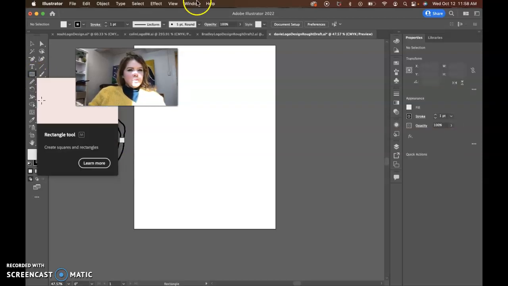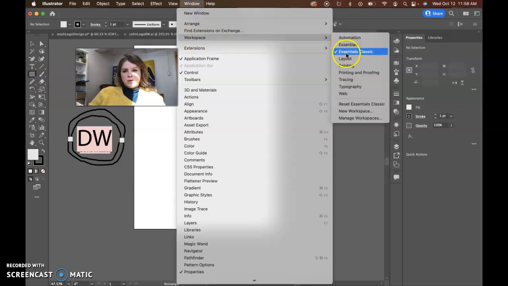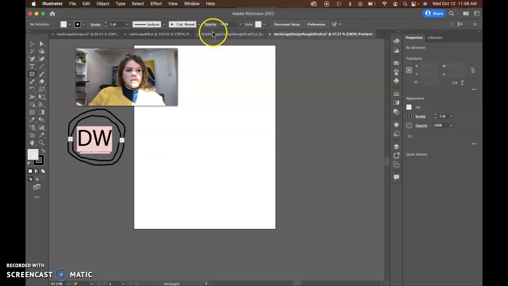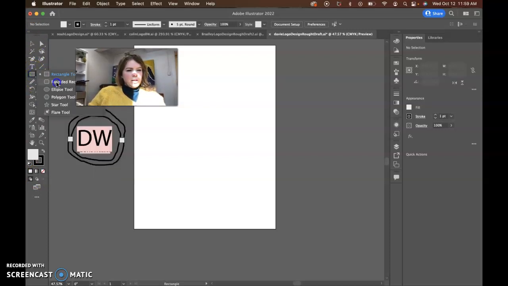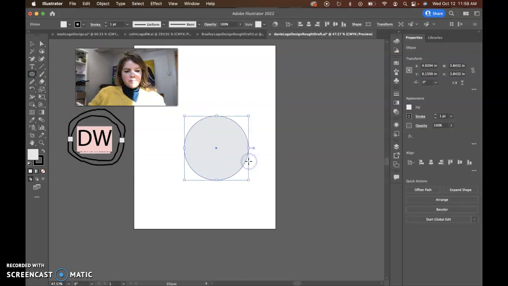underneath the rectangle tool. So let's go to Window, Workspace, Essentials Classic, make sure we're on the same page here. Your design workspace, you know, if you need to pop out your toolbar, you can do that. Let's go to the rectangle tool, click and hold down, and we can actually go to the ellipse tool. Let's push shift on our keyboard, and let's drag out